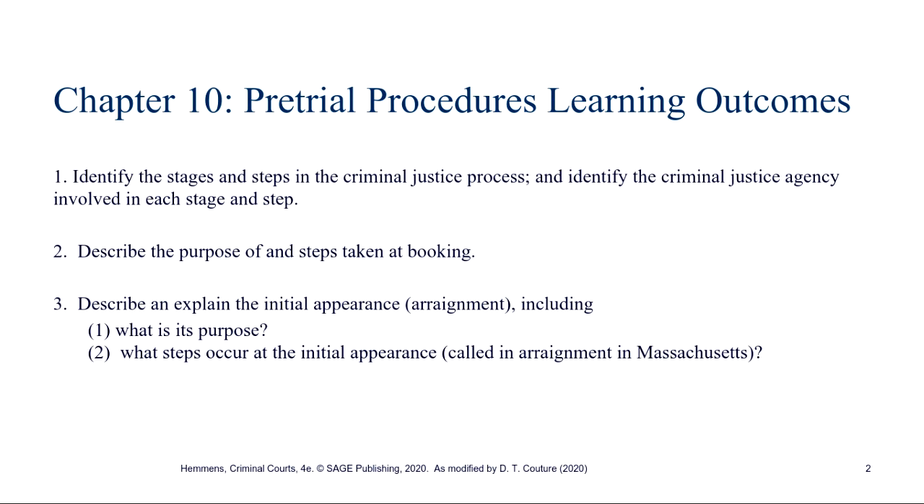So we'll start with the beginning. We'll talk a little bit about booking and what happens at the booking process, then charging, then arraignment, which in Massachusetts we call first court appearance and arraignment. Other states call it an initial appearance. It means the same thing. It's the first time a defendant steps foot into a courtroom, having either been arrested or in some cases indicted by a grand jury